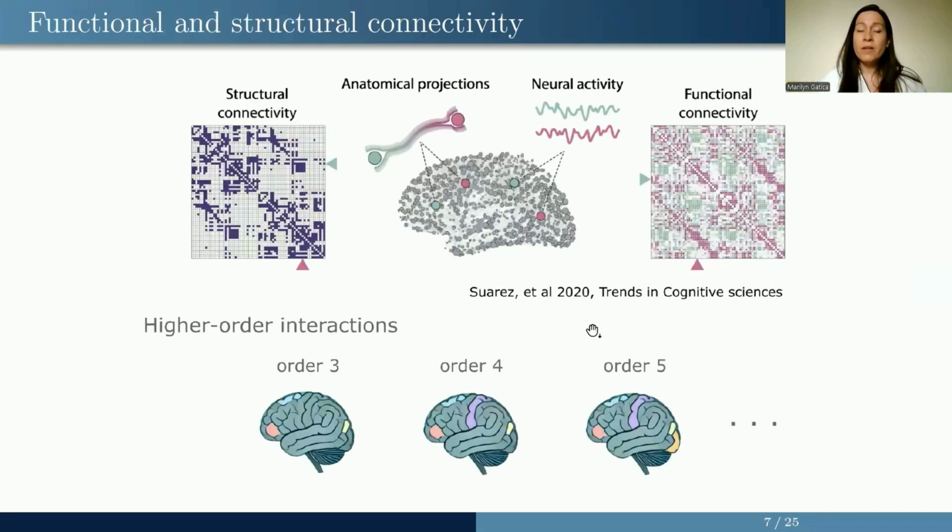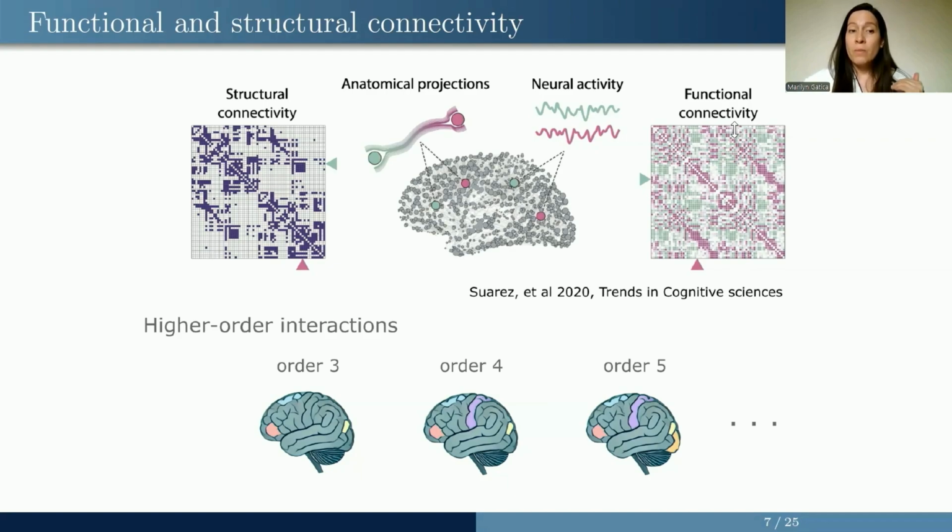And to start, just to mention briefly these two different concepts, when you have two different brain regions, you can think in the anatomical information that you can acquire of it, or the functional or statistical interdependencies. In the anatomical projections, it makes sense to think that the interactions are pairwise because you are observing the link, the path that is connecting these two different areas. However, when you have brain activity, no matter if you are using simulation, fMRI data, EEG data, there is no reason to think that you only will observe correlation between two different areas. And this is like the classical functional connectivity approach.